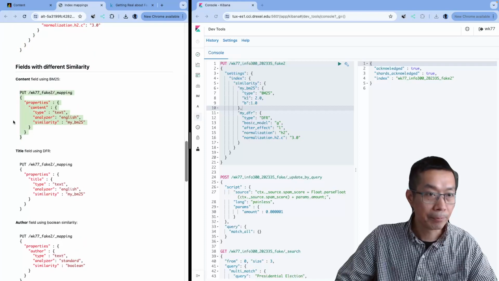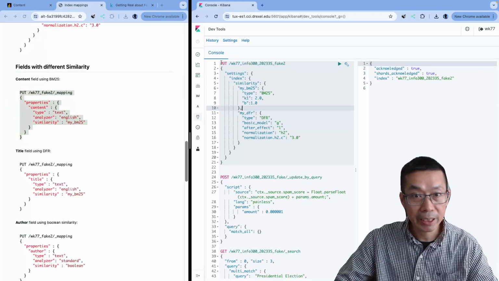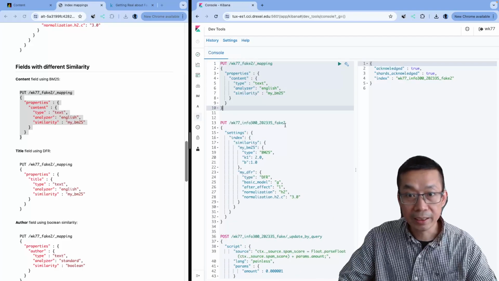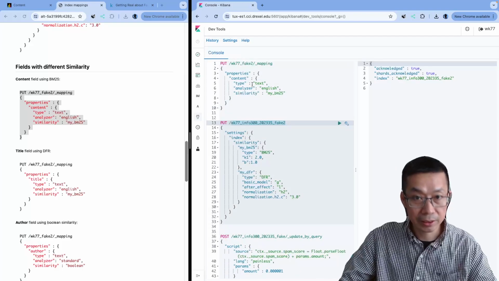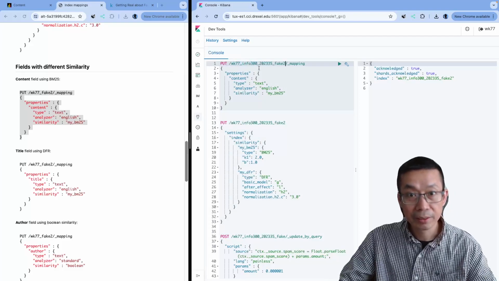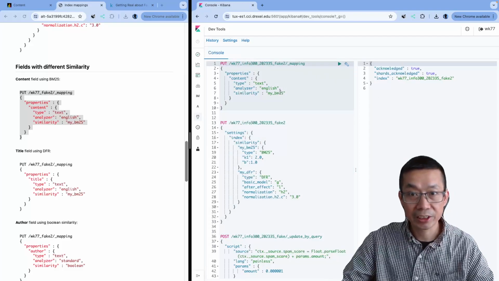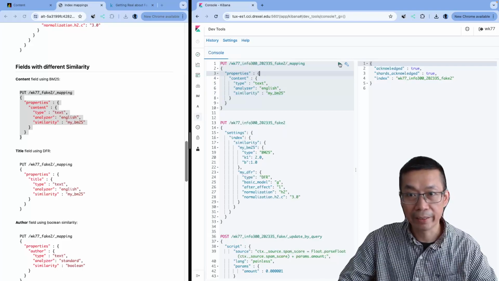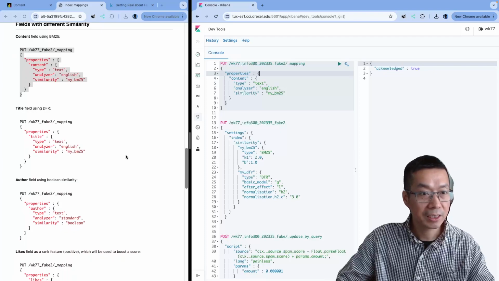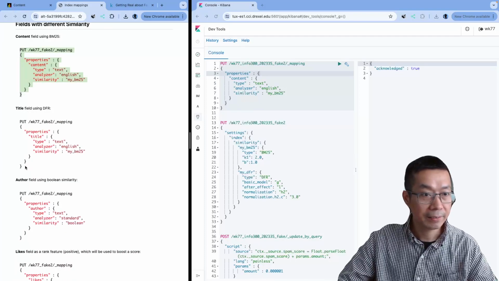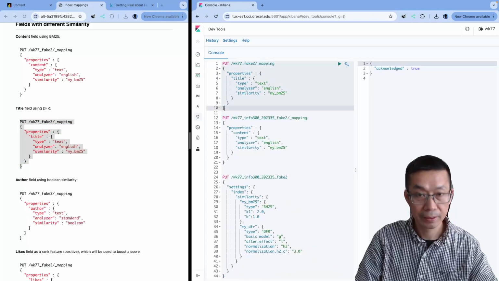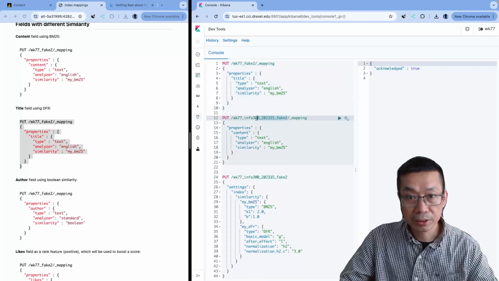Okay, if you want, we can simply just copy paste, but you also need to change certainly the name of the index so that it's applied to this index correctly. Okay, so I'm going to make sure that the content field is using the custom BM25. Okay, just some things for your consideration. And then I'm going to also change